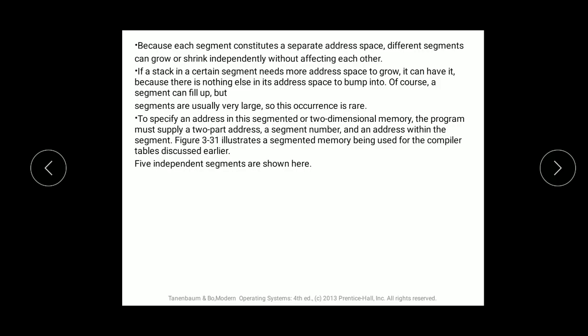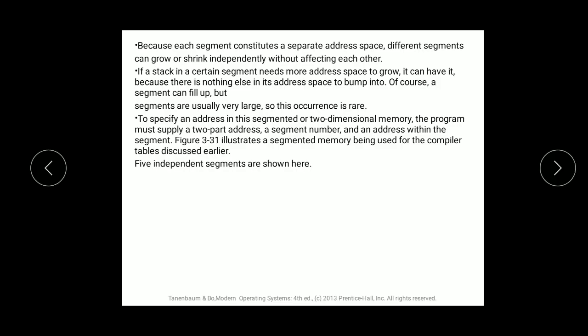If a stack in a certain segment needs more space to grow, it can have it because there is nothing else in its address space to bump into. Nobody else from another address space is going to enter that address space.